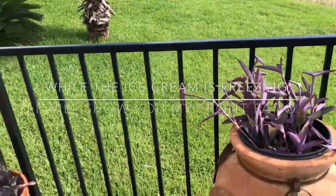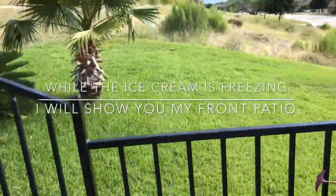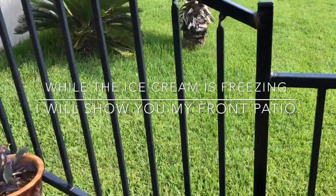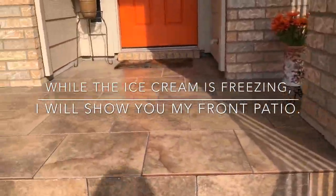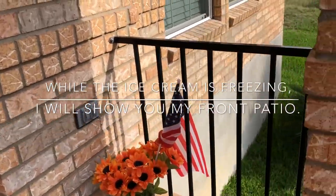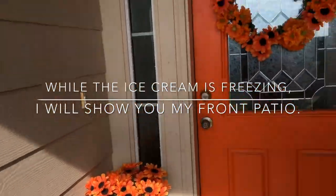This is our front patio off the front, and you can see the lake from here. We sit out here a lot of mornings. We can see out here probably until 3 o'clock, just enjoying ourselves, because on the front of the house it is